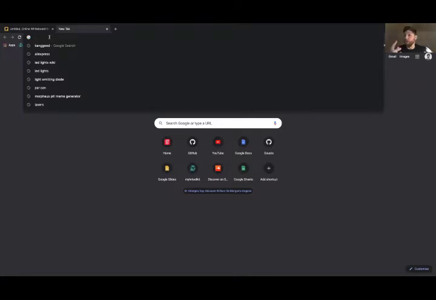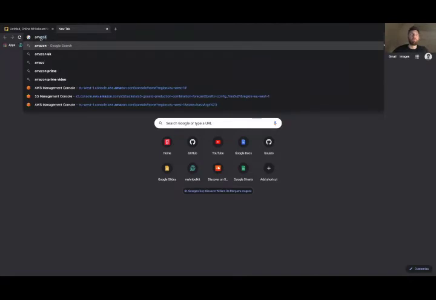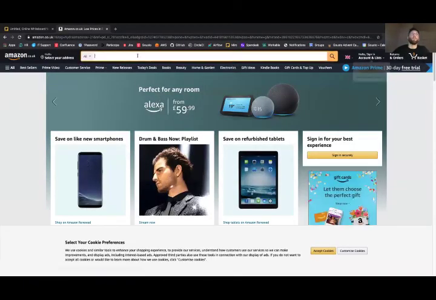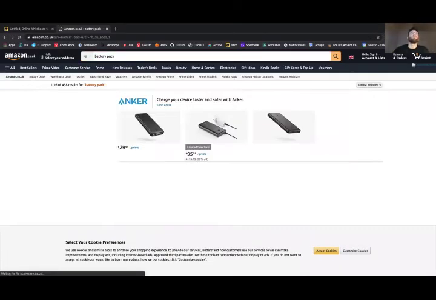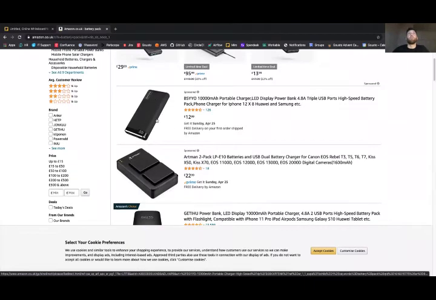They already run on 5 volts. They output 5 volts. They work nicely with existing form factors, like the micro USB cable. And they're getting pretty beefy these days, so they have some pretty reasonable capacity. Let's just have a quick look at what those might look like. Yeah, so this is your standard battery pack,